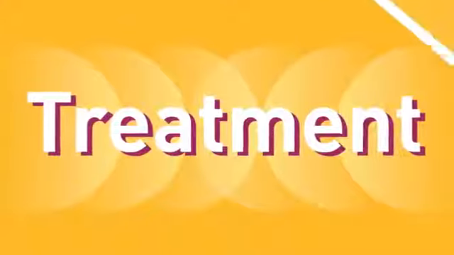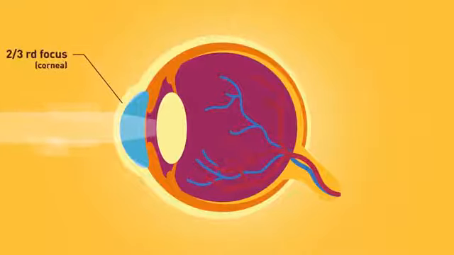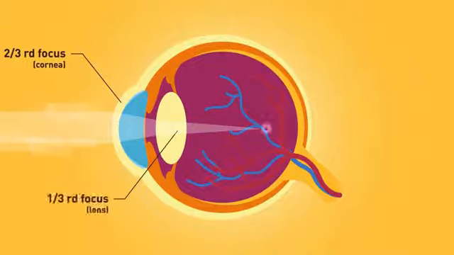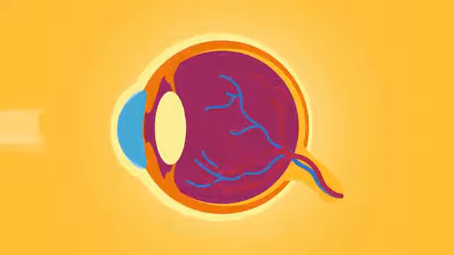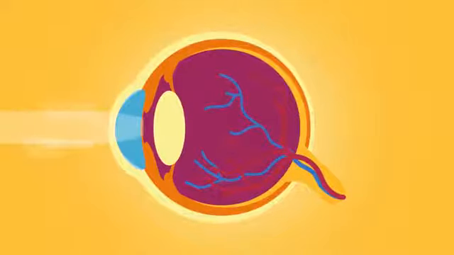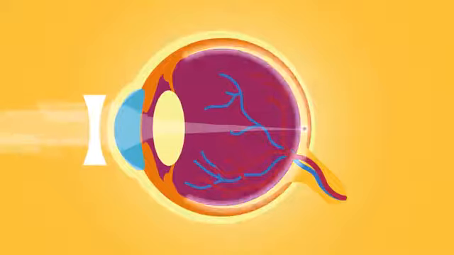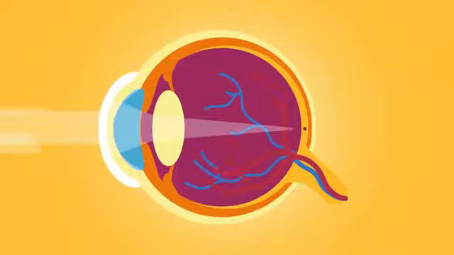Treatment. Unlike the camera, a maximum of 2/3 of focusing in an eye is done by the transparent front part, the cornea, while the rest, 1/3, is done by the lens. So, while treating these patients, we have to decrease the focusing power of the eye so that the image is formed on the retina instead of in front of it. This can be done by using either a diverging lens like glasses, contact lenses,